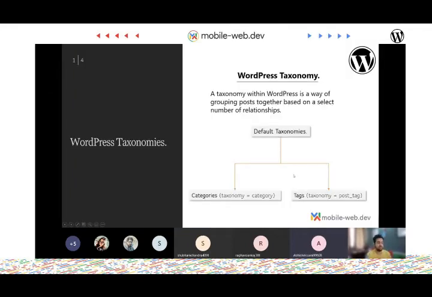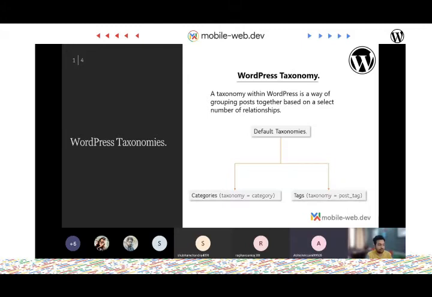Basically, WordPress taxonomy is the way by which you categorize your post content, any kind of information that you have uploaded inside WordPress. The way you categorize it is defined by its taxonomies. For example, if you are using Netflix or listening to music, the genre of music is the categorization, the way we differentiate different kinds of music. Similarly, when you are developing a website, your own blog or your own backend, it's very important to differentiate data into different formats so that it's easy for the user to navigate through different parts of your website.